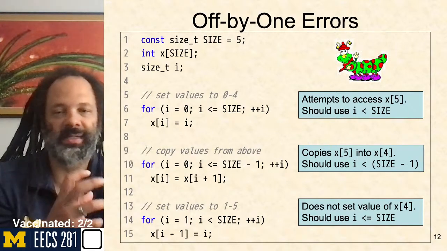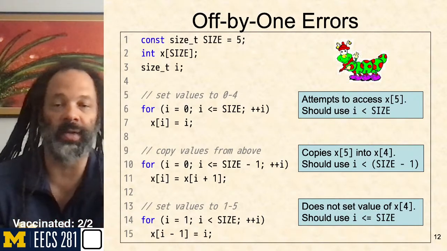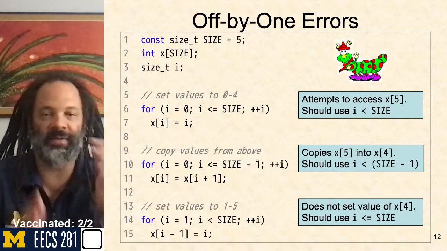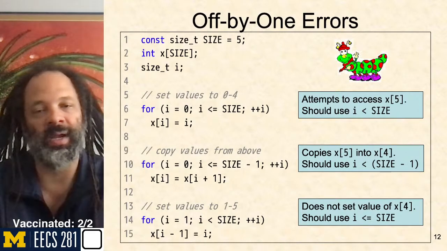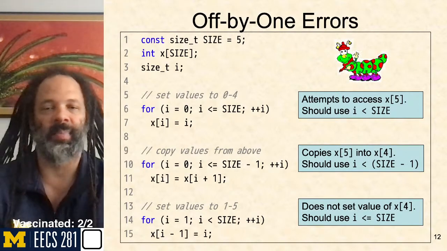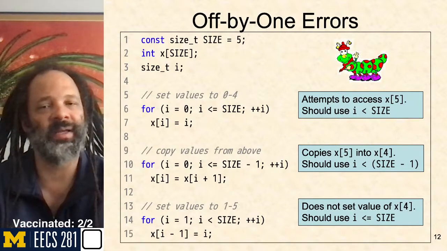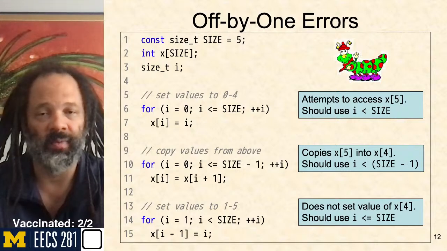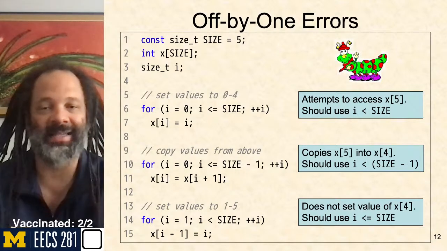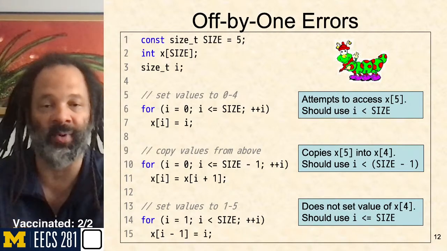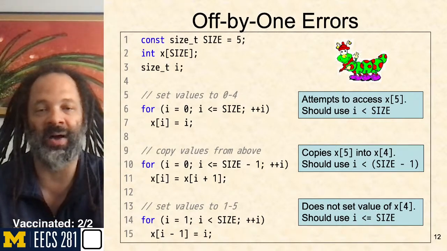Here we can see that we're trying to do something in line 11 where x at i is equal to x at i plus 1. So someone's trying to do a shift. It makes a little sense here where you might have an off by 1, where I see a size minus 1 in the comparison: i less than or equal to size minus 1. Well, that gives me the right number of them, right? Because when I say i is less than or equal to size, that gives me 1 too many. If I say i is less than or equal to size minus 1, that gives me the right number of them. But it still lets me get to